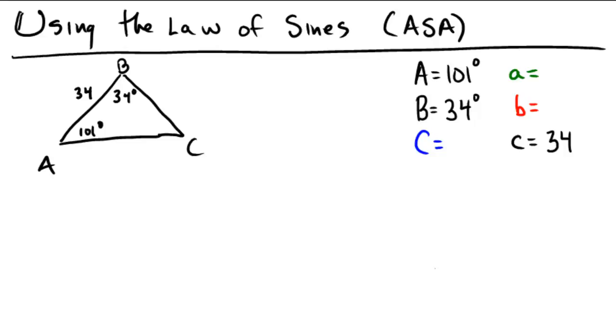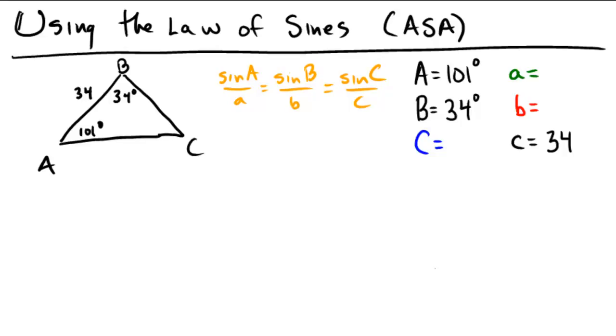So you can see that we have two angles and an included side, which means that we're in an angle-side-angle type case. Now the law of sines, in case you haven't seen it or forgotten it, is the rule that says that in any triangle, sine of A over A equals sine of B over B, which is equal to the sine of C over C. So since these proportions hold, we can use that information to fill in all of the missing information from the